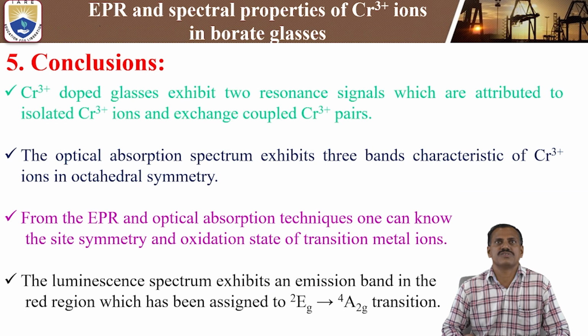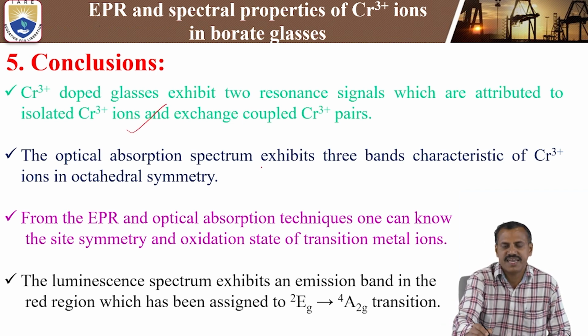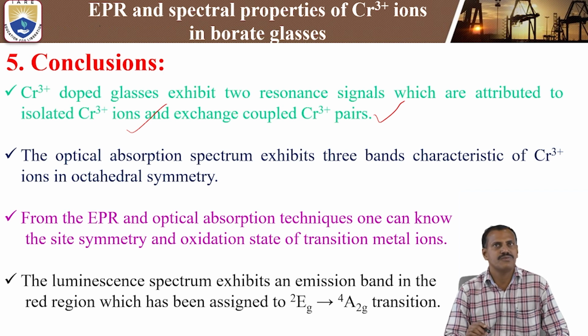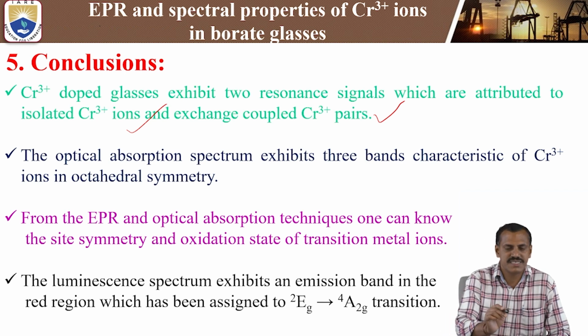Next, finally, the conclusion or summary of the EPR and spectral properties of chromium 3 plus ions in borate glasses. First, the chromium 3 plus doped glasses exhibit two resonance signals which are attributed to isolated chromium 3 plus ions and exchange coupled chromium 3 plus ions. That is g equal to 4.82 and g equal to 1.99. These are very important for chromium 3 plus. Additionally, you can also get two more peaks: one is due to chromium 5 plus, the other is iron 3 plus. That is an unwanted impurity. So the main peaks of chromium 3 plus